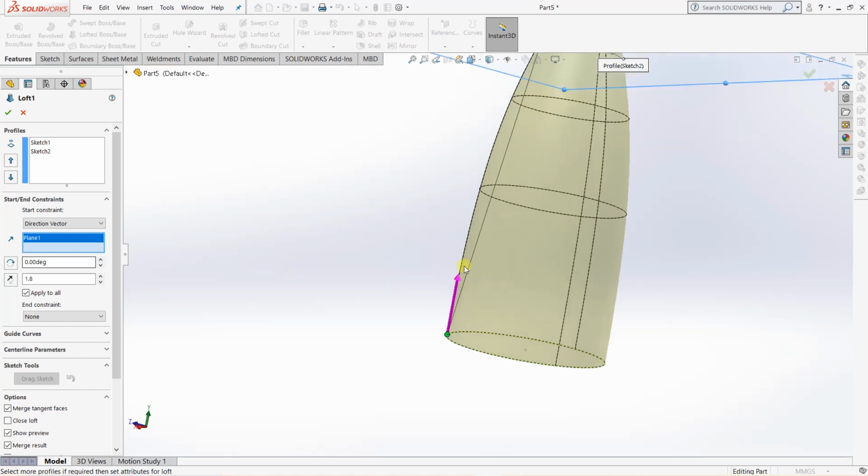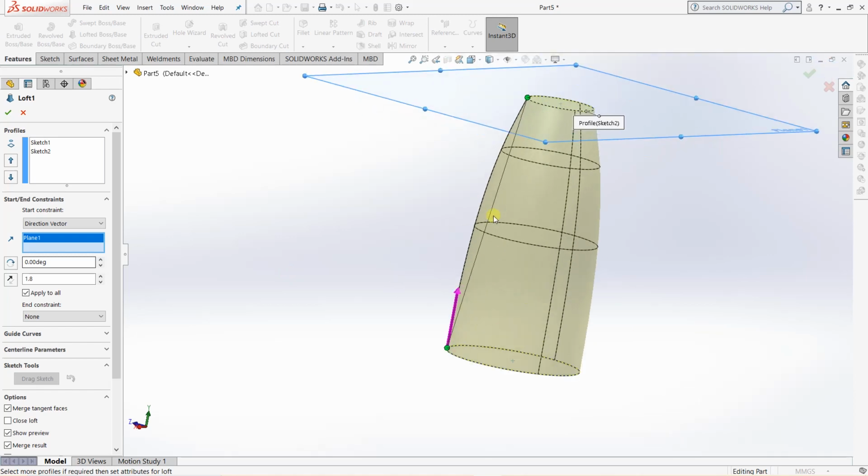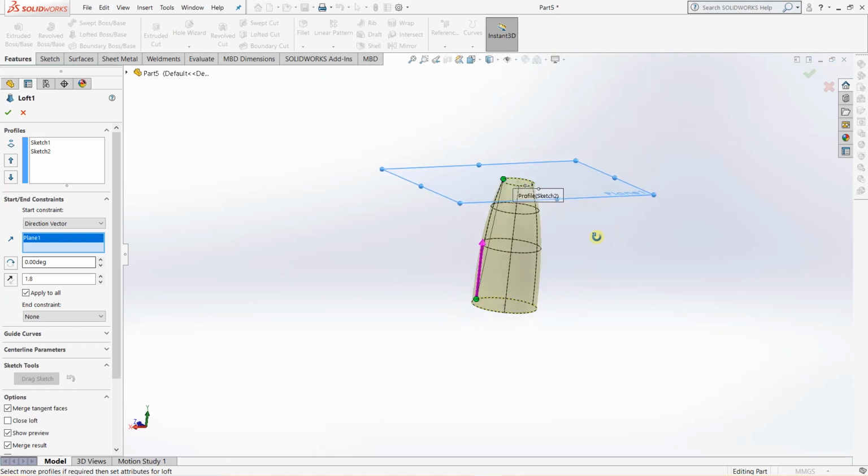It will create the same shape of the loft. Now suppose you have a linear profile or a linear sketch or a line.